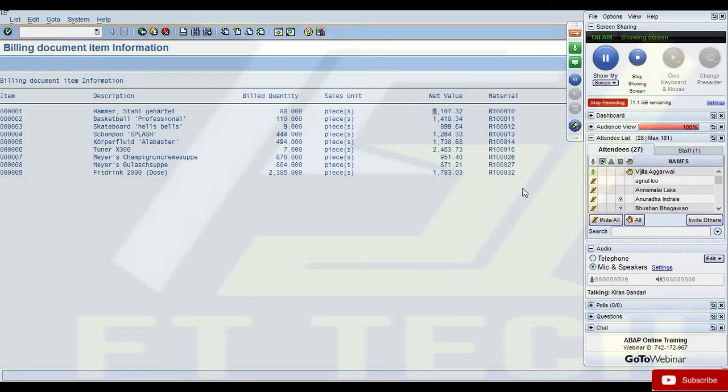Yeah, Kiran, my question is, when you're working on real projects and working on a requirement, there would be a lot of tables which belong to some functional module which we would be coding in the backend. So are we supposed to know all these tables, or how do we start working on it? Because now you're telling all these tables. When the functional consultant is giving you a requirement, you can always ask him which table you will get the data. Okay.